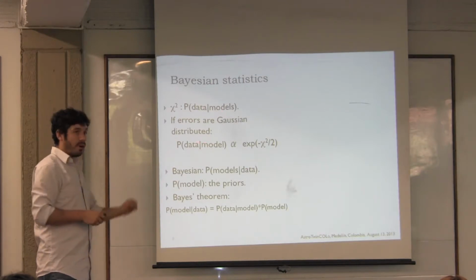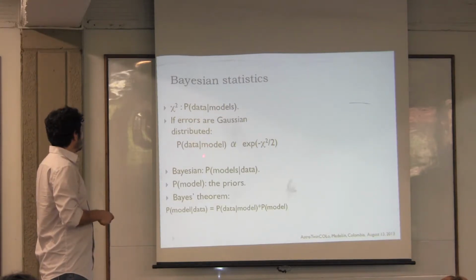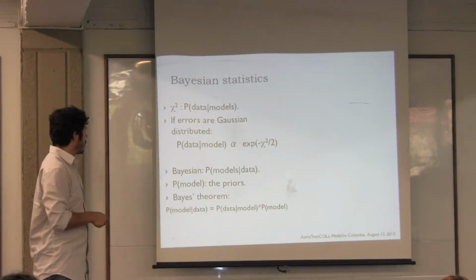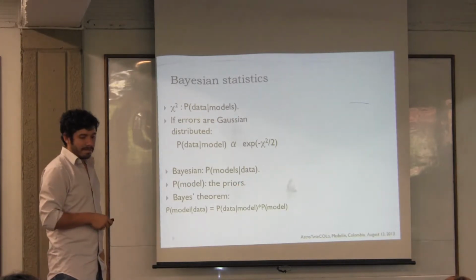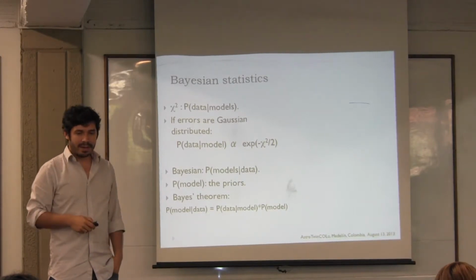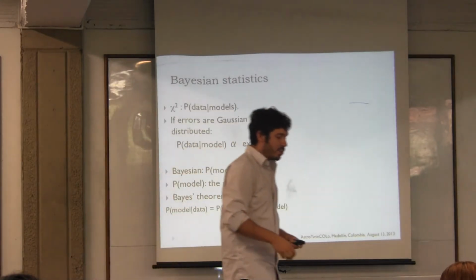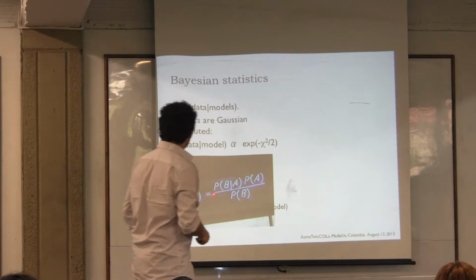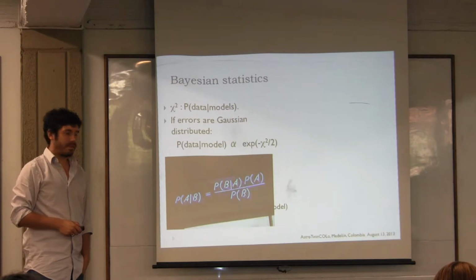However, you can show that if your observational errors in those different bands are distributed in a Gaussian way, you can actually calculate that likelihood as the exponential of the chi-square distribution. So you can construct a probability, a likelihood for the data given the models, and then you use a very important theorem that was first discovered by a priest, a British priest, whose name was Bayes. And he, let's put it in a nicer way, this is how they have it at the University of Cambridge in the UK. This is what they call the Bayes theorem.